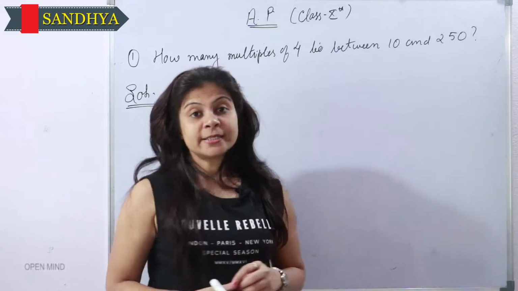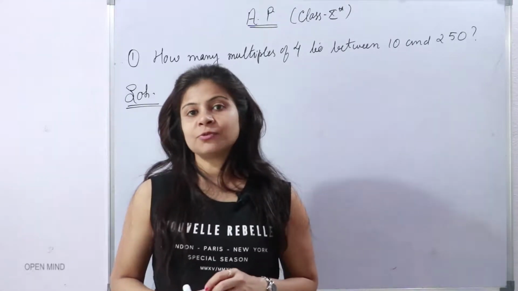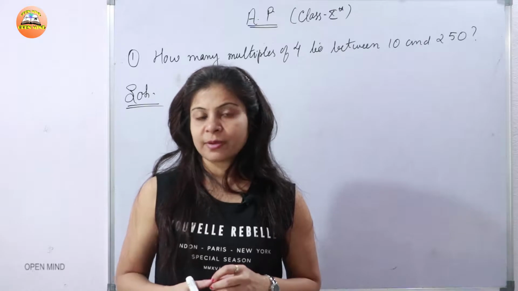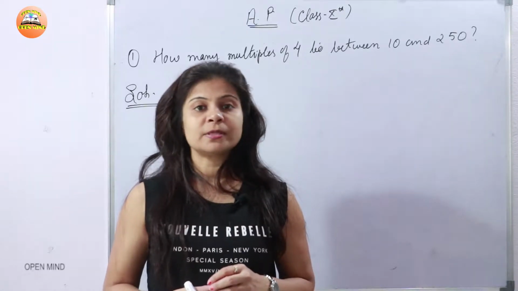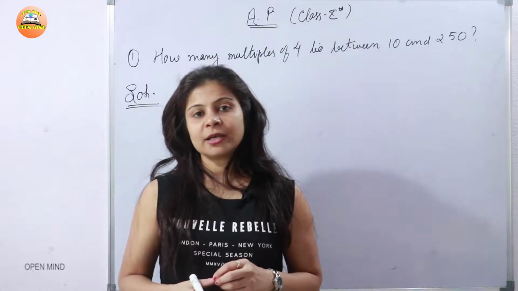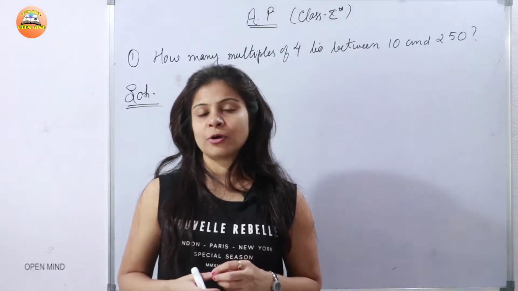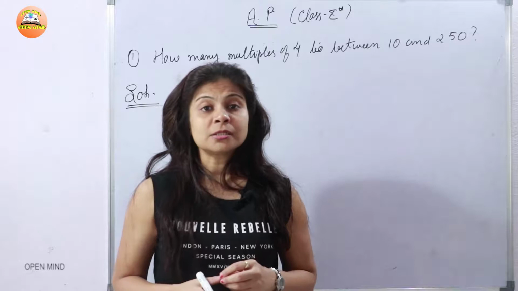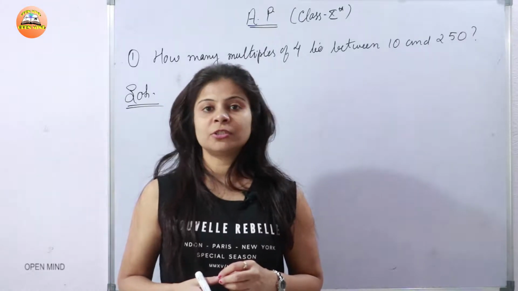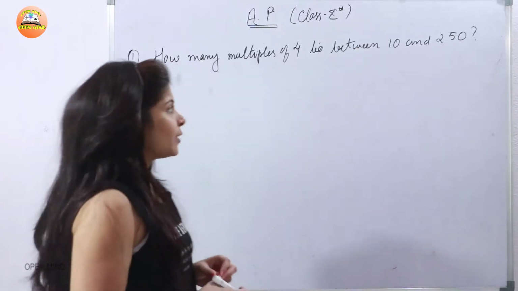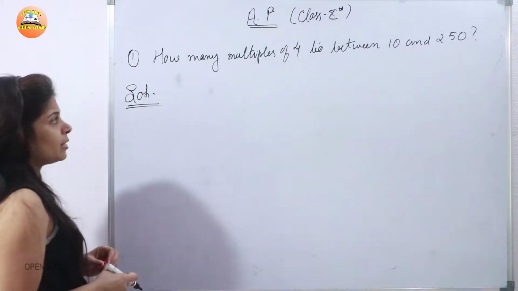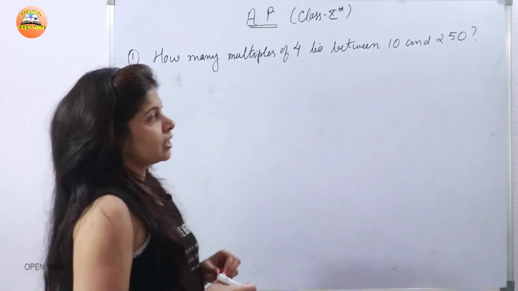So now, as I said in the previous classes, we will be seeing some more numerical questions based on the last formula of arithmetic progression, that is an = a + (n - 1) d, and we will find out a new formula to do the sum of the terms in a series. So first we will solve the questions, right? The question written to us is: how many multiples of 4 lie between 10 and 250?